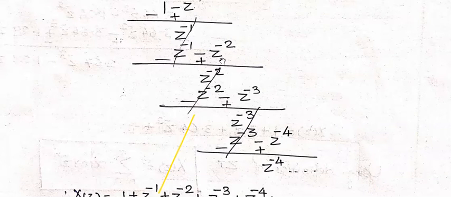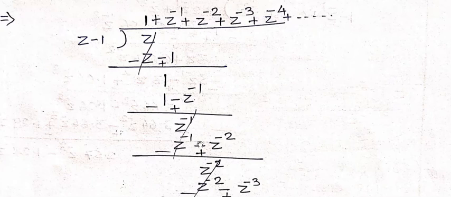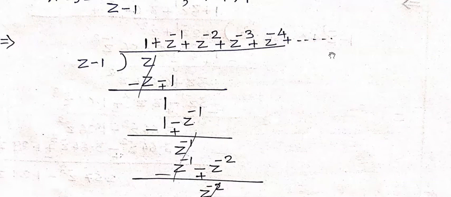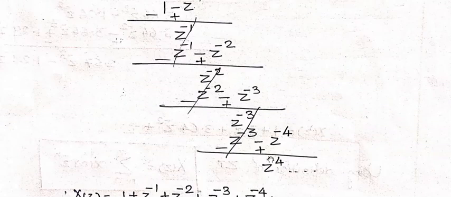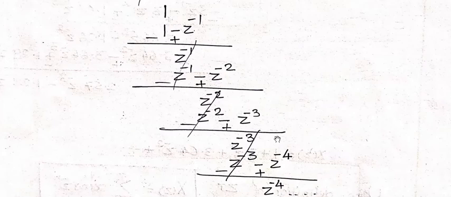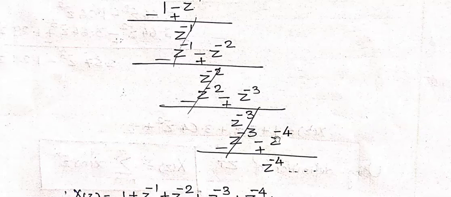Again, to cancel out z raised to minus 2, the quotient is going to change. To cancel out z raised to minus 2, obviously it will be z raised to minus 3 into z. So this is how it will be an infinite procedure. If someone analyzes this, the quotient will keep extending, and the remainder does not become 0 so as to stop it. That is why this particular method is called the long division method.